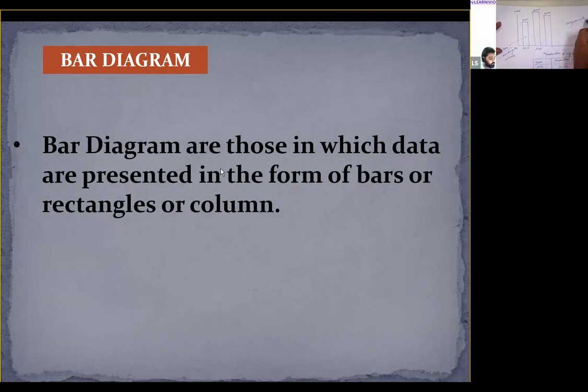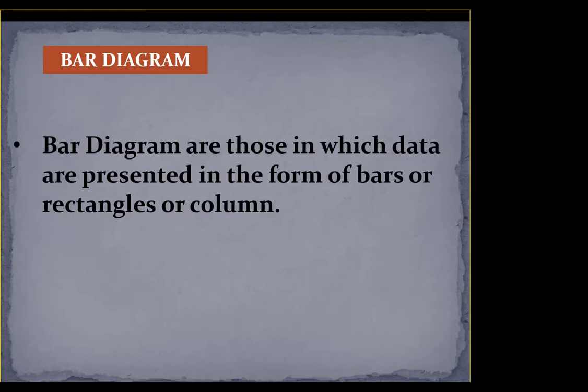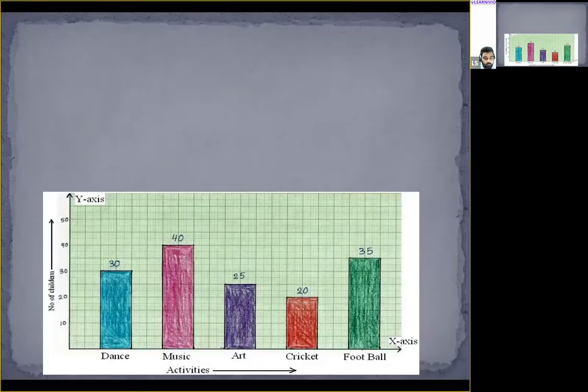All right, getting my point, everyone, that I am presenting the data in diagrammatic form, and the diagram I am using to depict the data is the bar diagram. These rectangular columns are called bars. So I hope the meaning of bar diagram is clear to all of you. Bar diagrams are those in which data are presented in the form of bars or rectangular columns. Is this clear to everyone? Yes, sir. Okay, so this is how the bar looks. This is an example of a bar diagram.